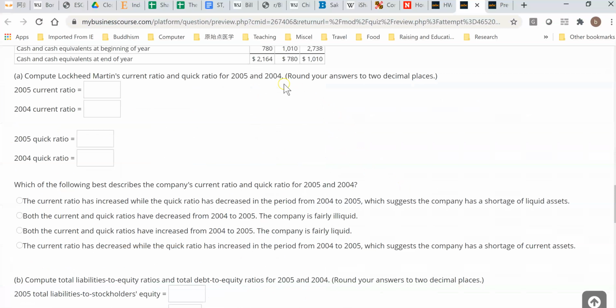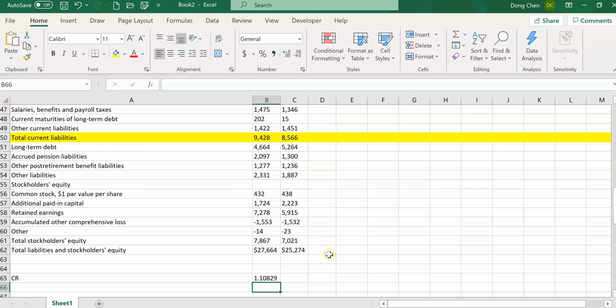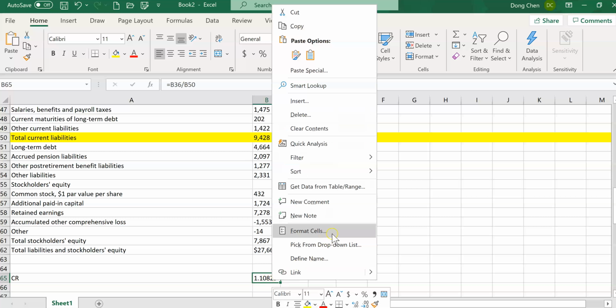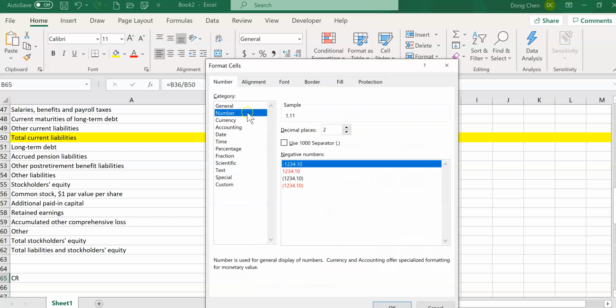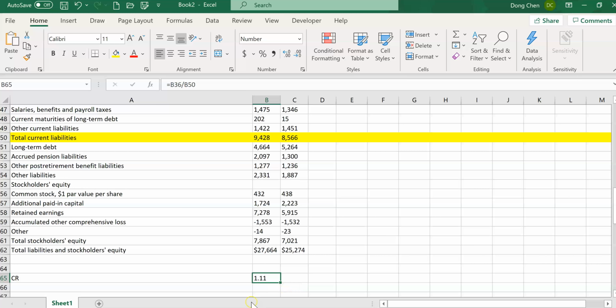Here, I think we read that round your answers to 2 decimal places. All right, so let's keep that. Format cells and use the number, and keep 2 decimal places. And then I can also drag the cell to the other year, and Excel will automatically calculate current ratio for